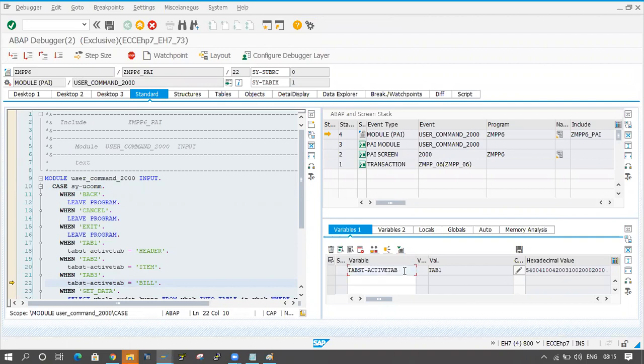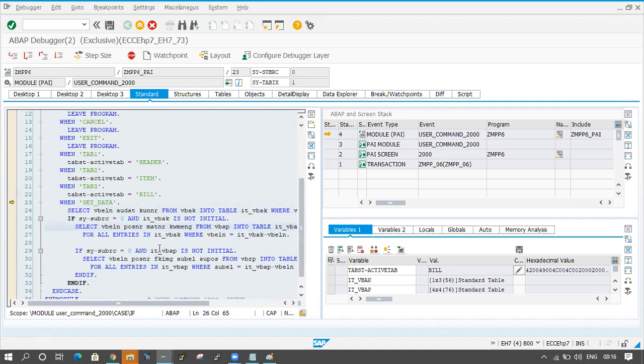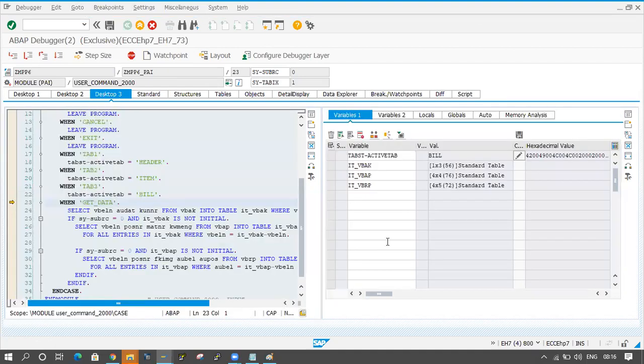The data is coming here, ITBBP, and data is coming.